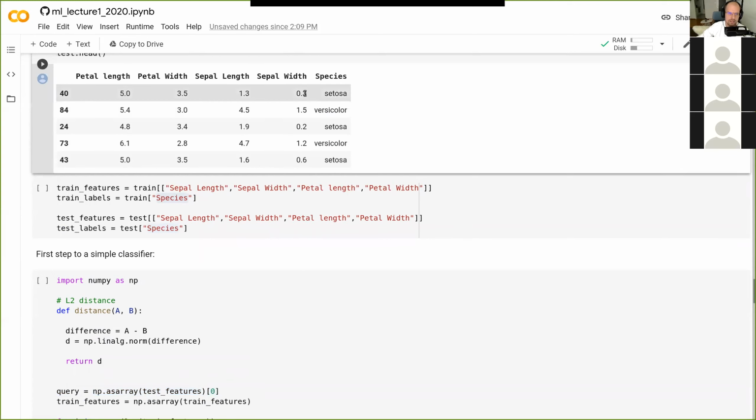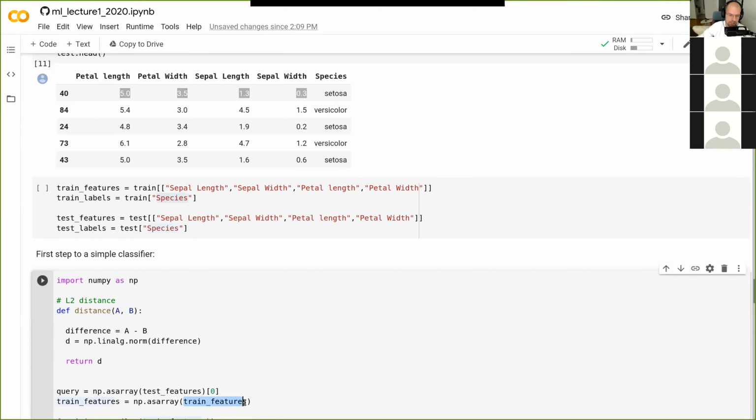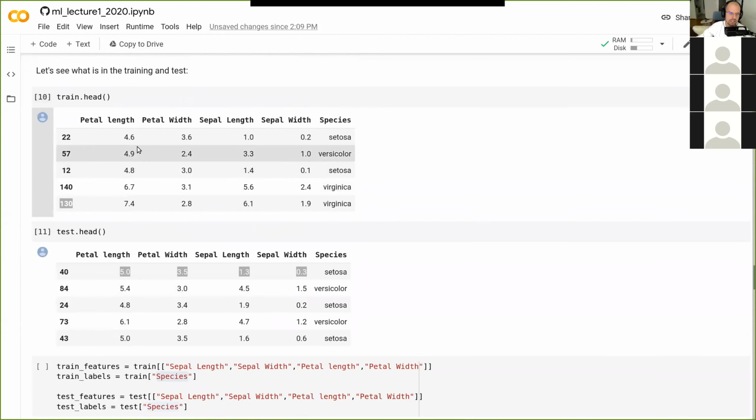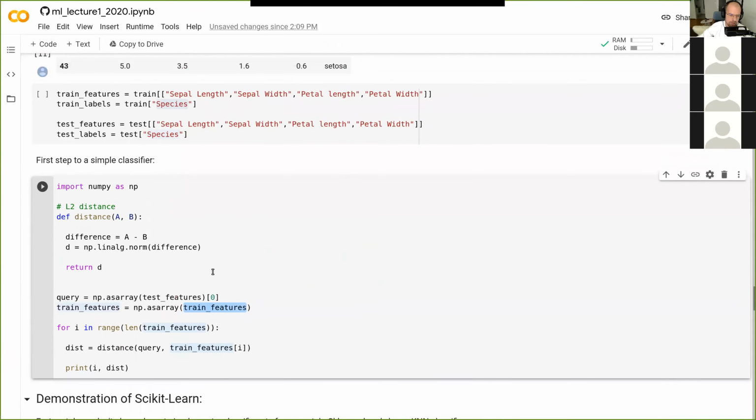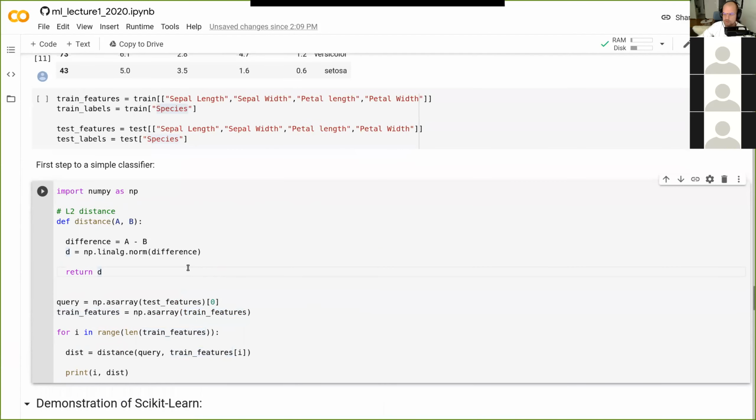So I have a NumPy array that contains these 4 numbers. And for my training features, I'm just taking as array the training features. This would be a matrix containing all these rows of features. And then I want to calculate the distance between this point and every row in this matrix.